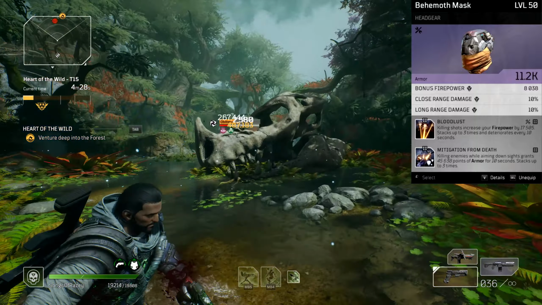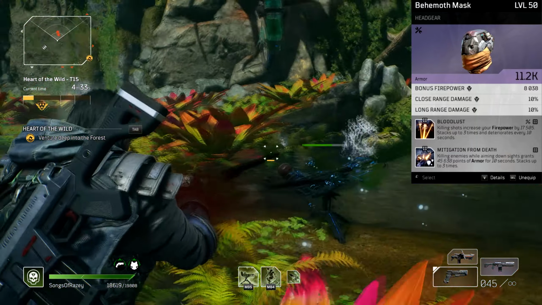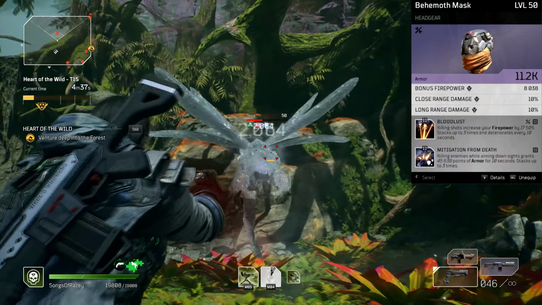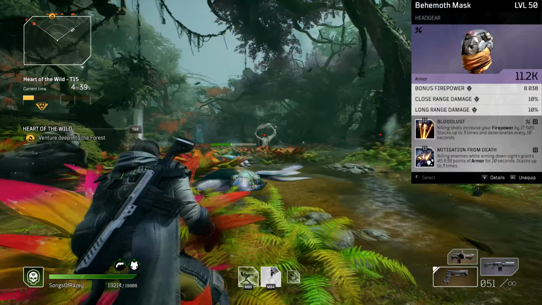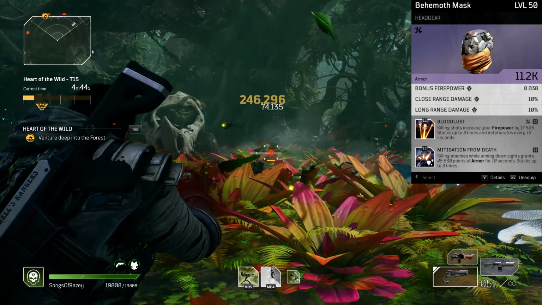So let's dive into what you're actually here to see, and that's the armor mods and the combination that we've gone for. So, as always, the Behemoth mask is my main go-to for any kind of firepower build, and this is my bonus firepower, close range damage, and long range damage boost on there, and it has the tier 2 mods of Bloodlust,